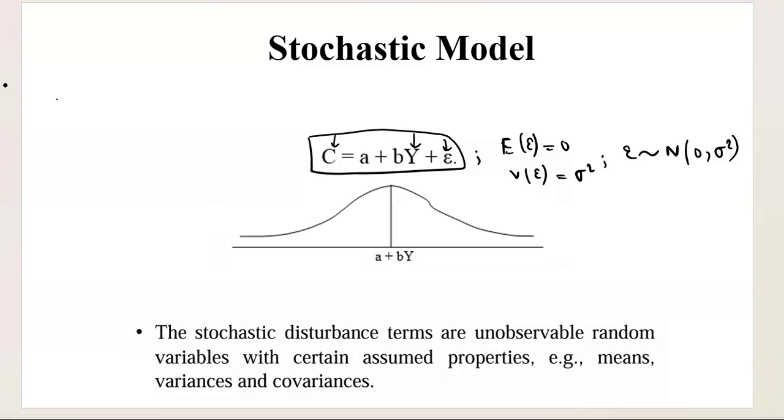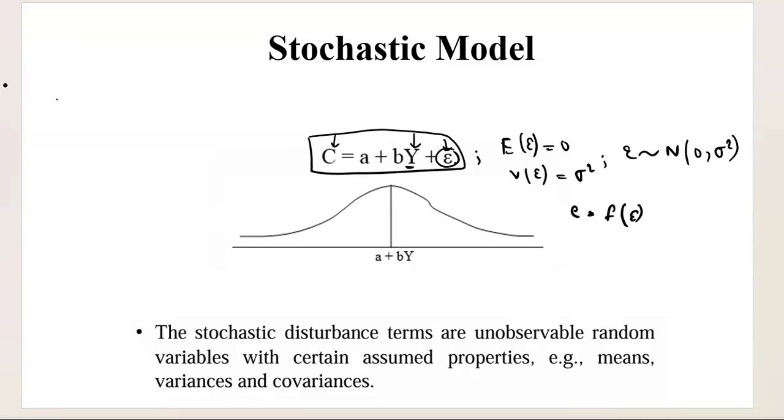Here the explanatory variable Y is non-stochastic, which means it is generally some fixed numbers. Income is some numbers, certain values: 100 rupees, 200 rupees, some number. But the randomness comes only from this epsilon term, and this term is not random, right? This term is non-stochastic. So since C is now a function of this epsilon,